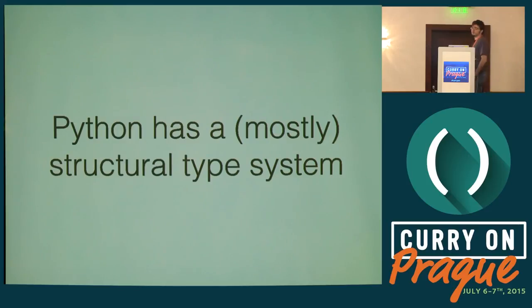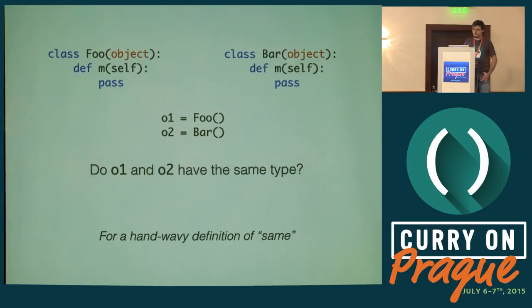So how many of you come from an academic background? Are you familiar with structural typing versus nominal typing? Do I have to explain what that is? Cool. So it mostly boils down to a simple question. I have two types, foo and bar. They both have a method called m, and then I instantiate them. The question is, do O1 and O2 have the same type? Now, if we had any academics in the audience,